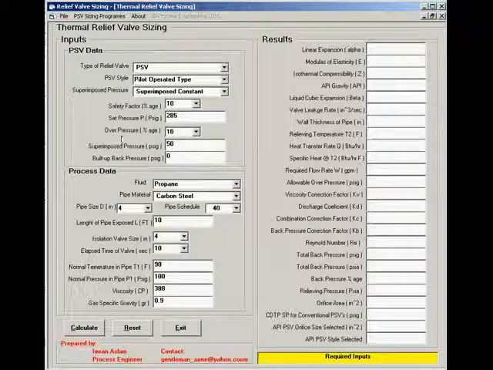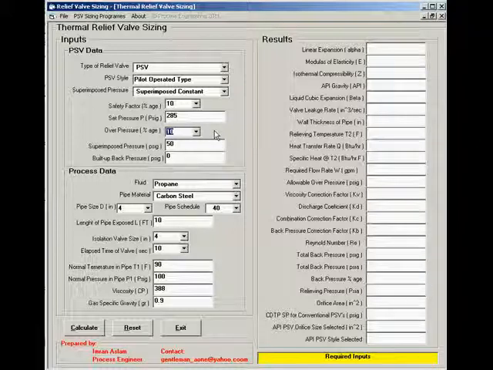Here in this list, 10%, 16% and 21% over pressure protection margins are given. Normally 10% is used for single PSV sizing, 16% is used for multiple PSV sizing, and 21% is used for the PSVs for the fire cases. Now for instance, I will select 10% over pressure percentage.